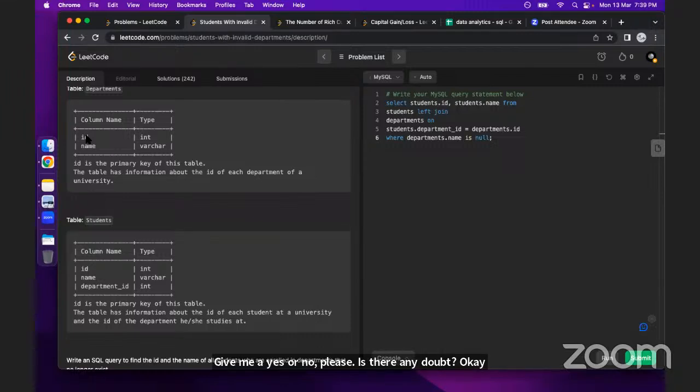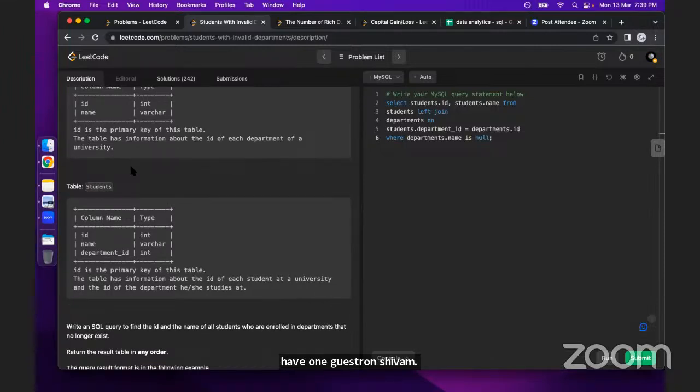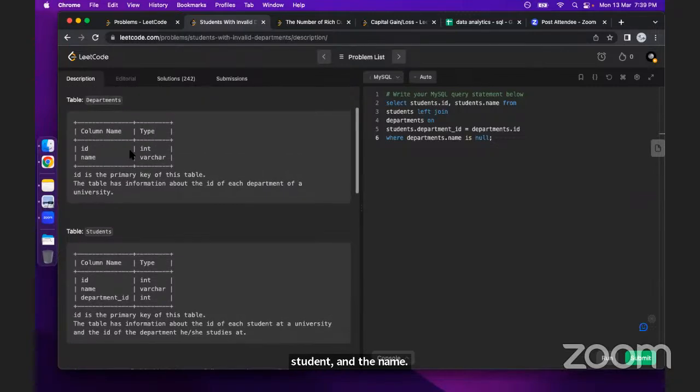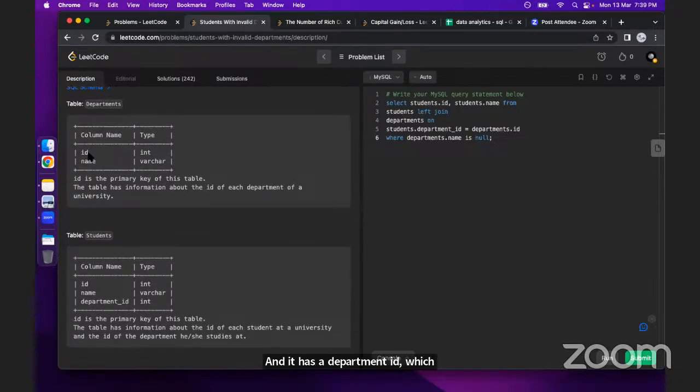Great. So the students table has the ID of a student and the name of the student, and it has a department ID, which is the same column as ID in the first table. That's a department ID. So we know one column is common, so we can join these tables. We can see there's a possibility that this makes sense because this thing is common. Maybe